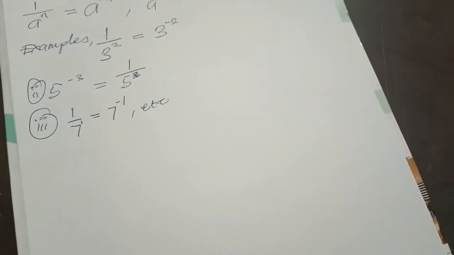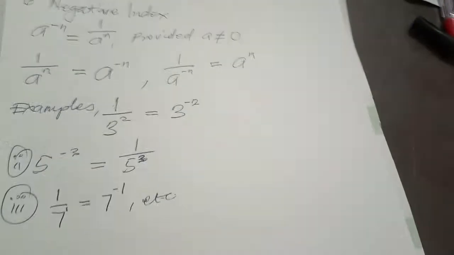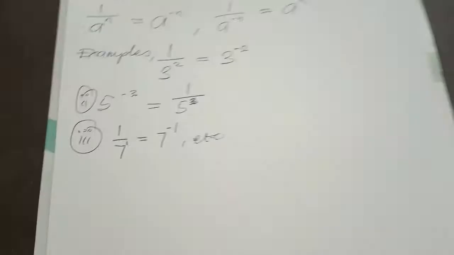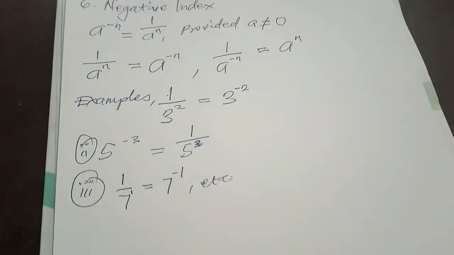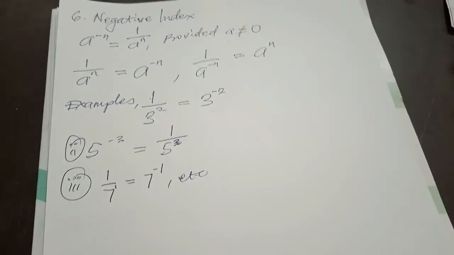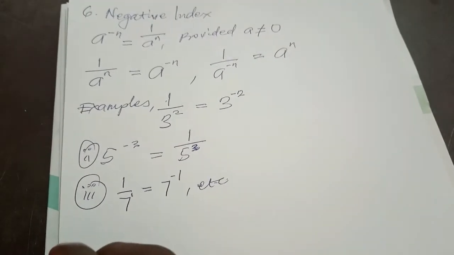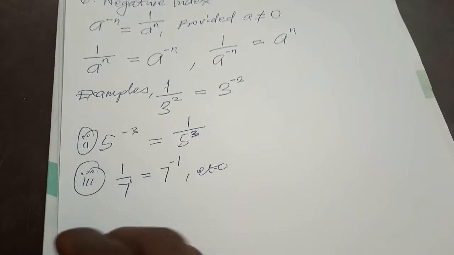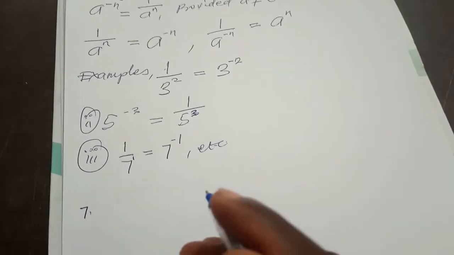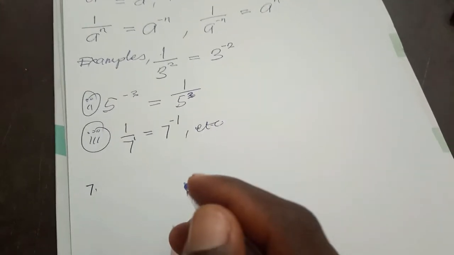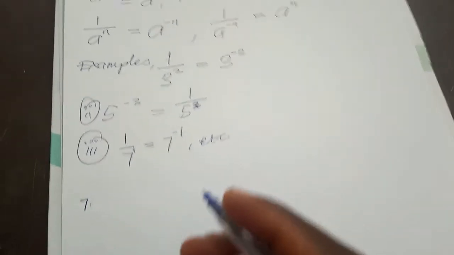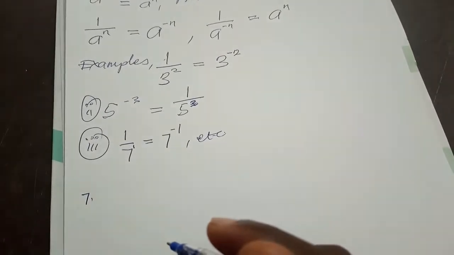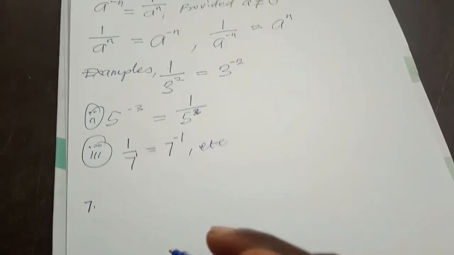All right, then we go to the 7th law. I've just broken down the laws into smaller units so that we can easily pick each of them. And as we go on and use them for subsequent calculations, these laws will become very, very simple and applicable to all of us. So we take the 7th law now. I choose to call it the negative index of quotient of two numbers. And that says that